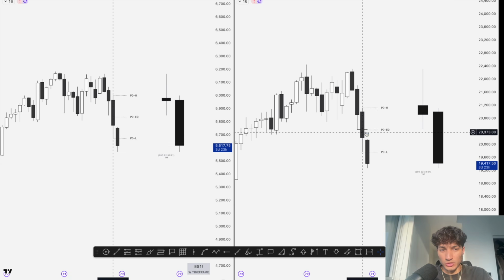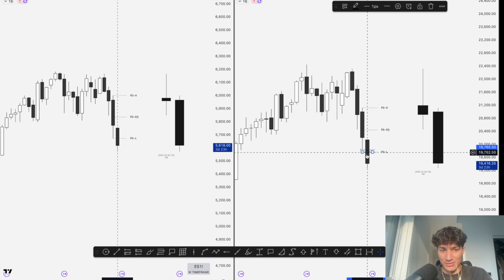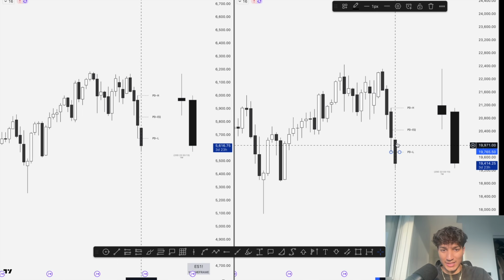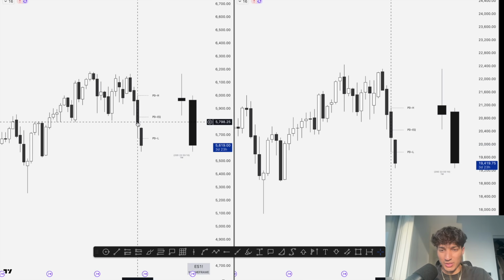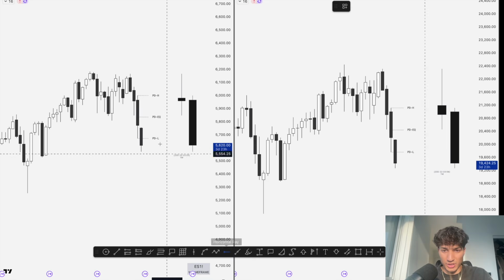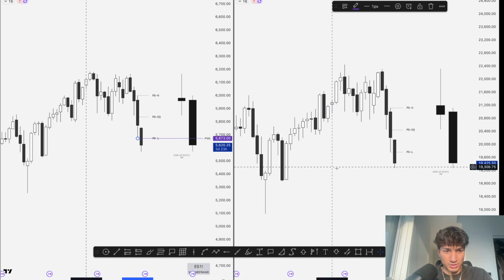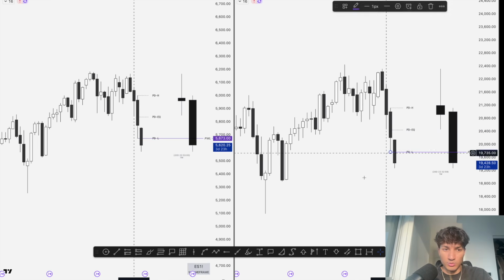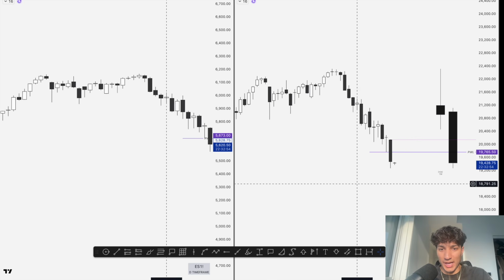Therefore, my draw on liquidity for the next week is going to be as simple as seeking the previous week low and seeing if we can tag this liquidity and any other resting liquidity that is below it. This is true for both NASDAQ and ES. So now that I have those levels on my chart, which I will annotate here, previous week low, I'm now going to shift to my daily chart to look at how Friday closed and plan out my plan